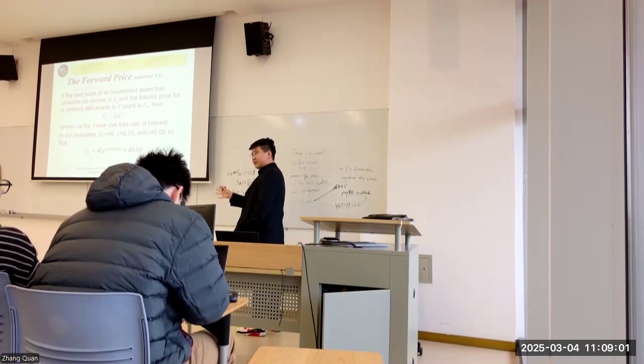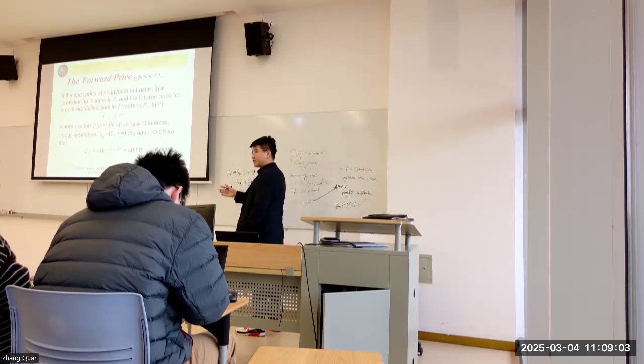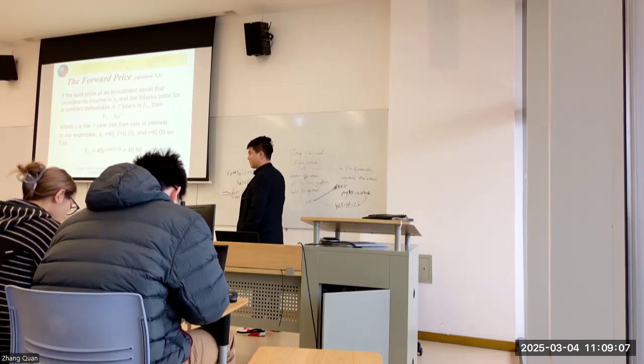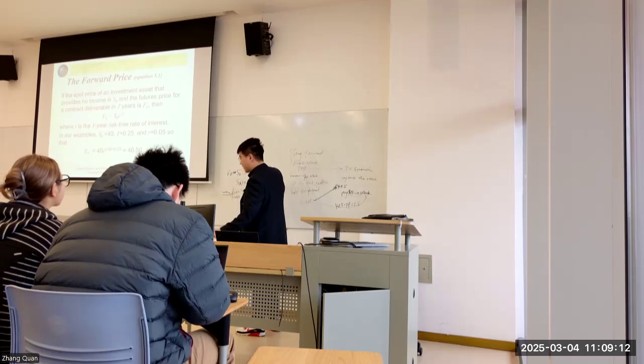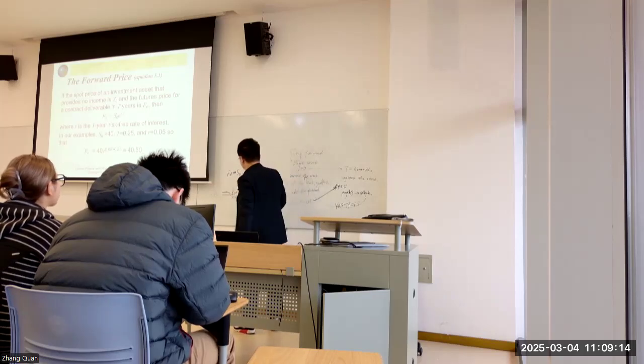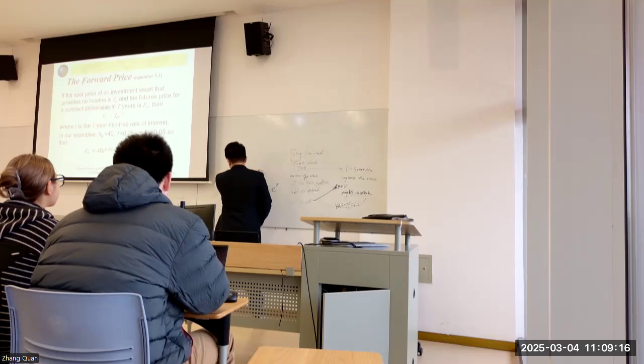You can change the time length, right? If you just want 3 months, you can multiply here by 1/4. If you want 5 years, you just multiply 5 in the power term. So, improving it, we have